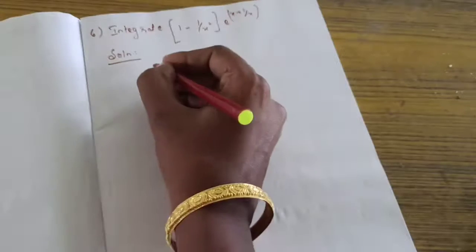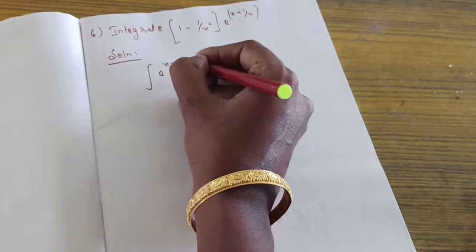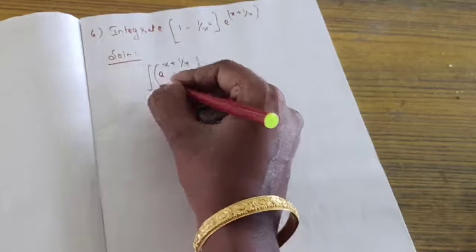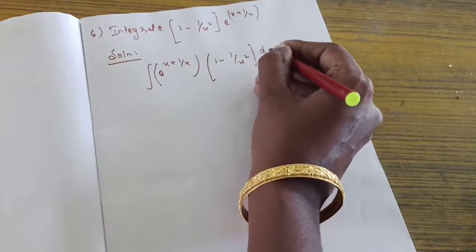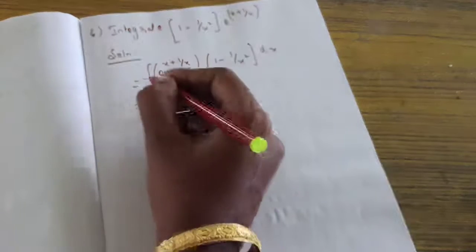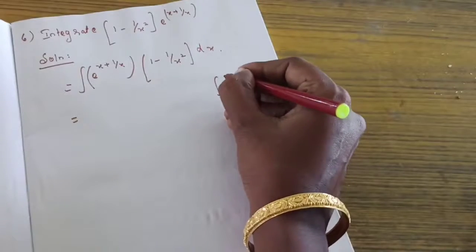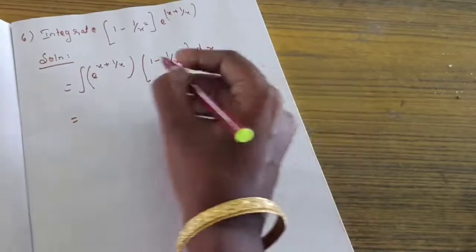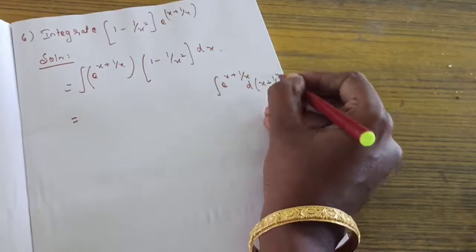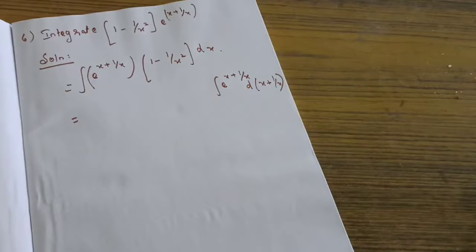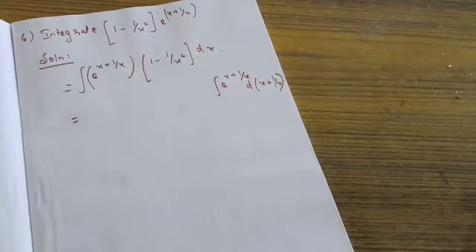Okay. So we can write like this. We can bring this to here. That is e power x plus 1 by x. I am rewriting this as x into 1 minus 1 by x square dx. Okay. So that's equal to, we can write like this, that you keep it in mind, that is integration of e power x plus 1 by x into this one we can write as differentiation of x plus 1 by x. Got it? So you keep it in mind, the differentiation of x plus 1 by x is 1 minus 1 by x square.